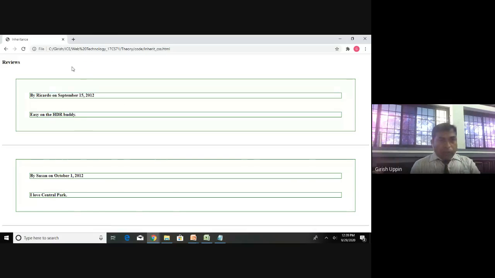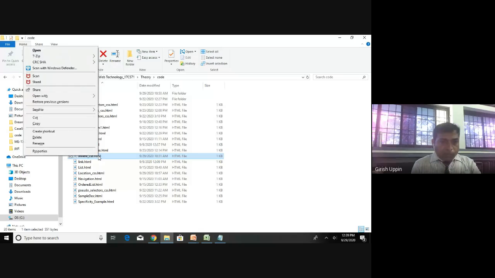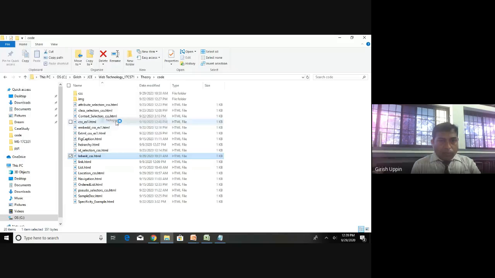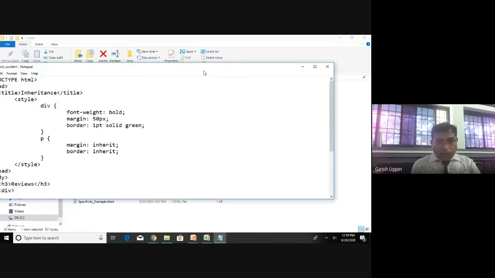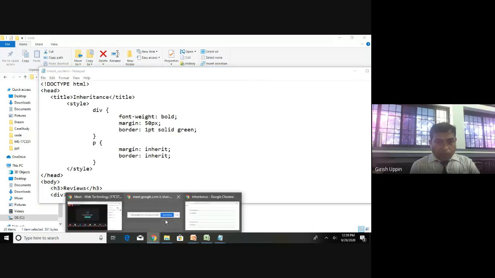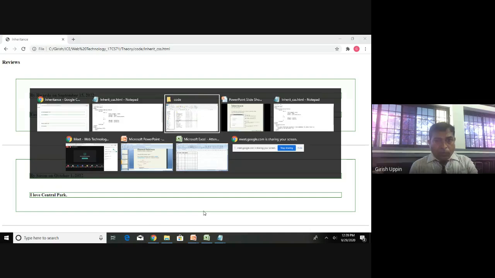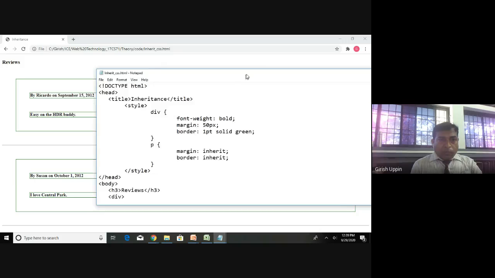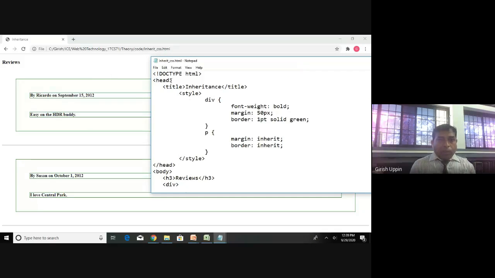Okay, I will show this code. That is inherit. This is the page, and this is the code. You can see here, this is the style for div, and P is inheriting the non-inheritable properties.